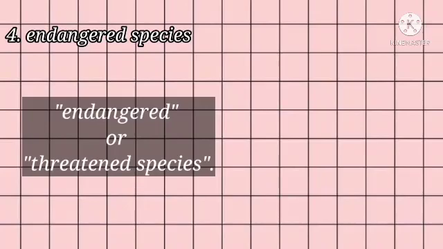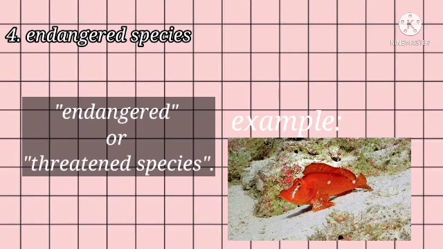4. Endangered species. Rare species are organisms that are very difficult to find because of their small numbers. The term can be used for animals or plants, which can be categorized as endangered or threatened species. Categorization of rare species can be done by an institution such as the government of a country or province.